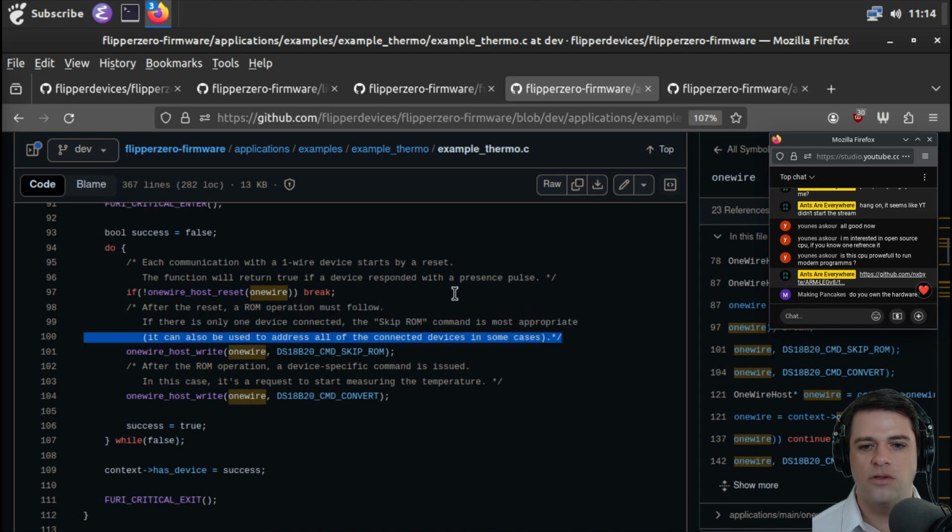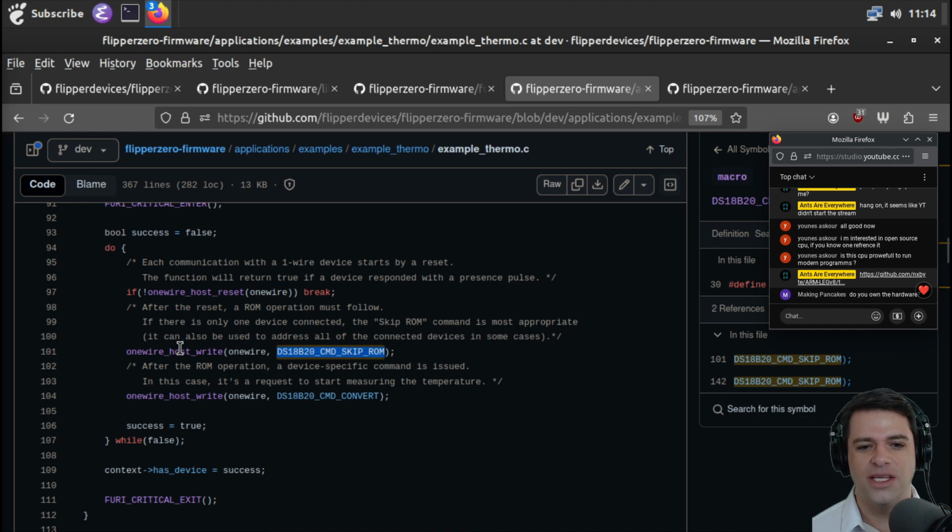It can be used to address all of the connected devices in some cases. I'm not sure why, but okay. So we, I guess, write some stuff into the ROM, into the read-only memory. And after the ROM operation, a device-specific command is issued. In this case, it's a request to start measuring the temperature. And then we call this ds18b20 command convert